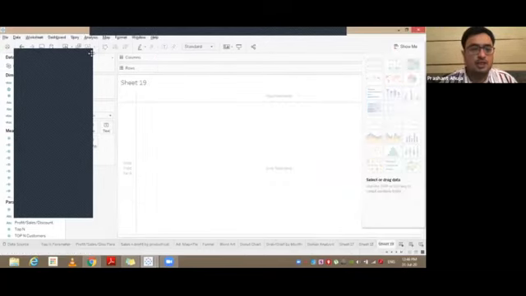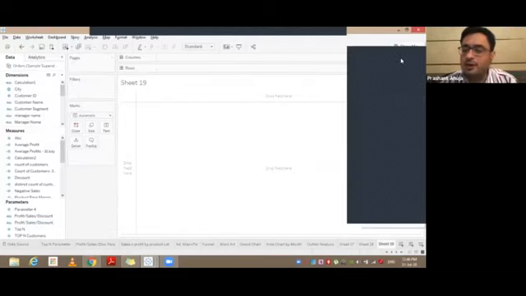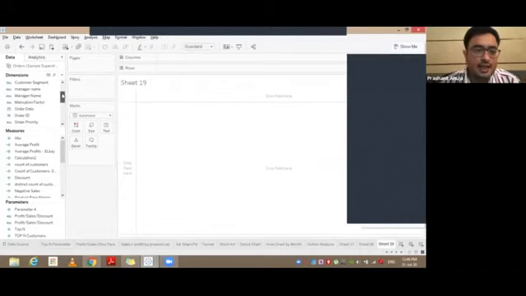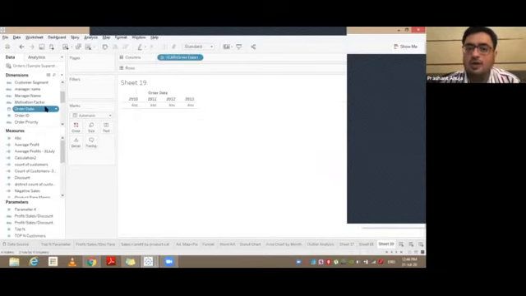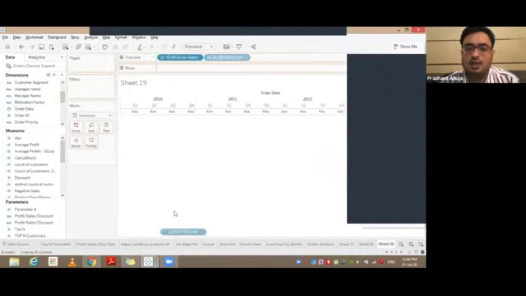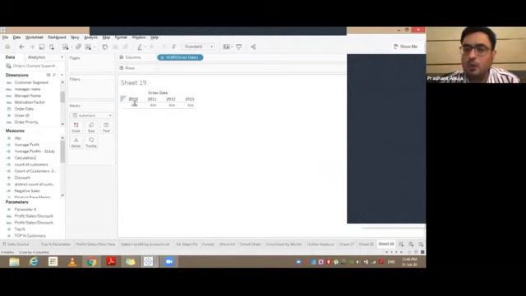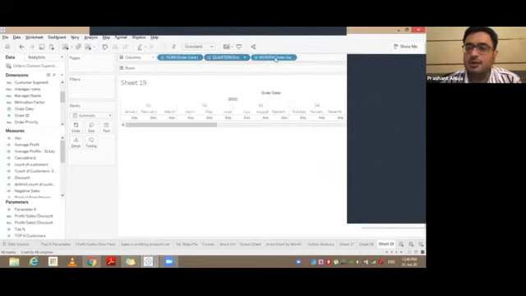Let's go to a new sheet. An area chart is always made whenever there is a date field. We always need to check that there is a date, an order date, and only then can we create an area chart. So we have it in this way: 2010, 2011, 2013. If you click on the quarter, it gives it for quarter. If you click further, it gives it for month.